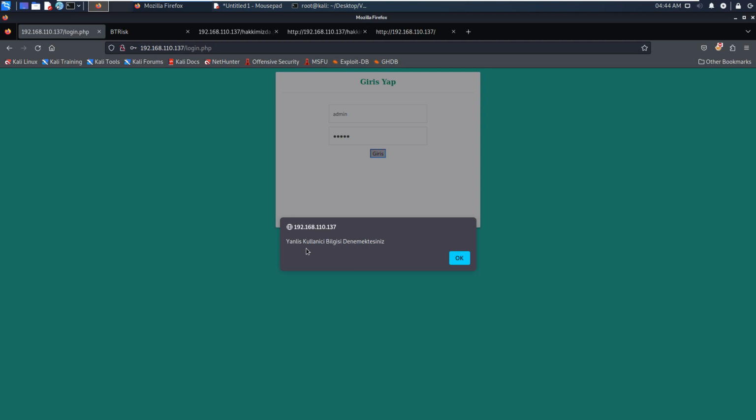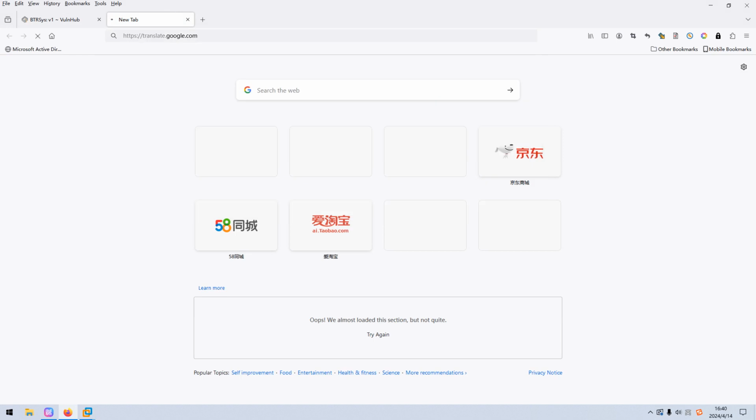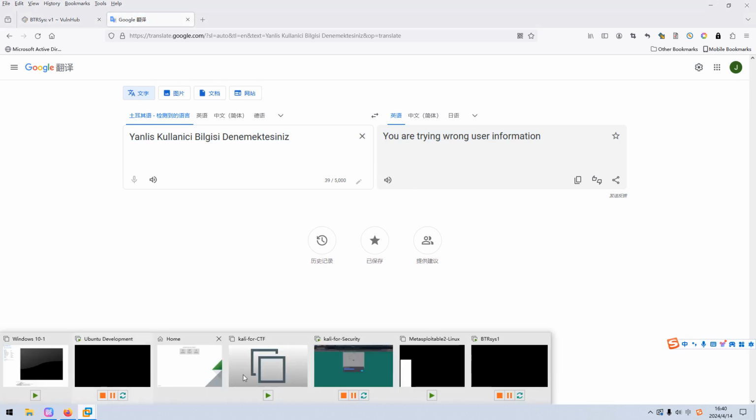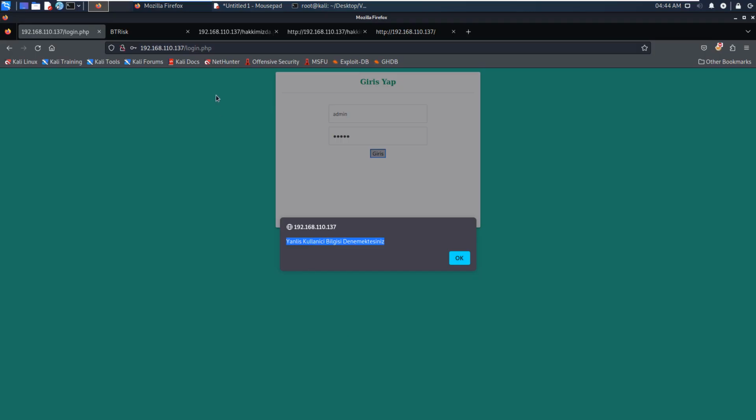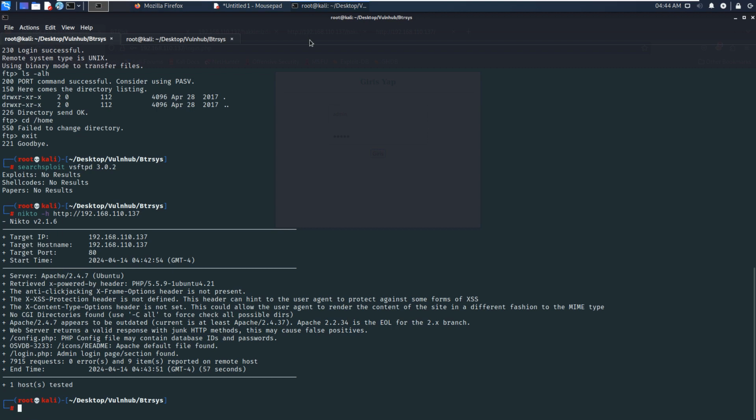Failed. Yeah, there is a pop up. Maybe some raw message. We can copy and use the Google translator. Okay, you are trying wrong user information. That's just what we expected, right? In most cases. Okay, so before we try to bypass this login panel, I'd like to do the directory enumeration